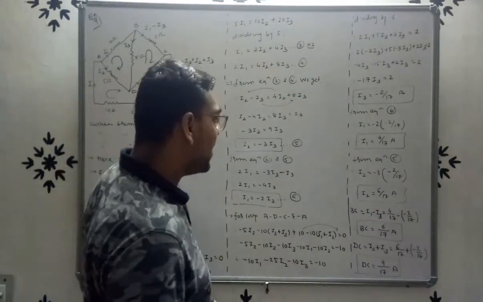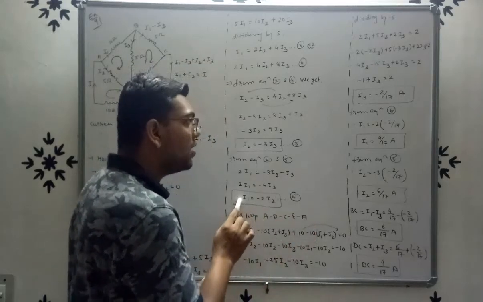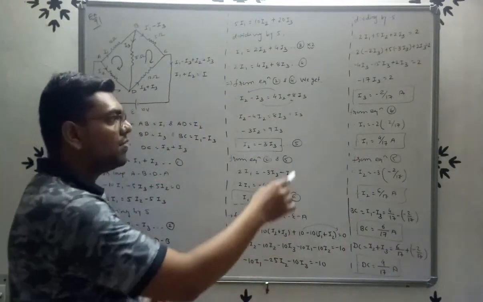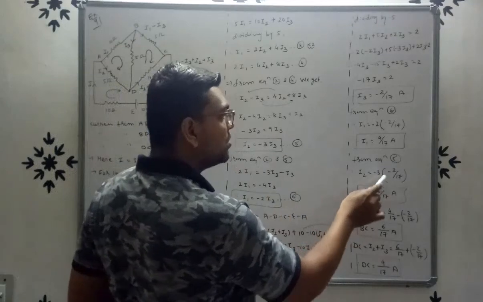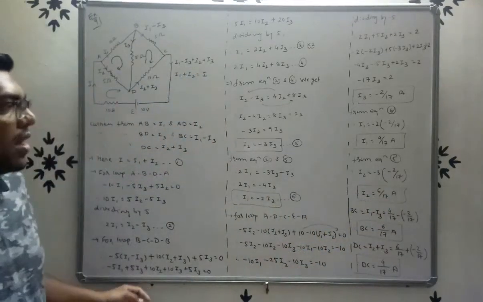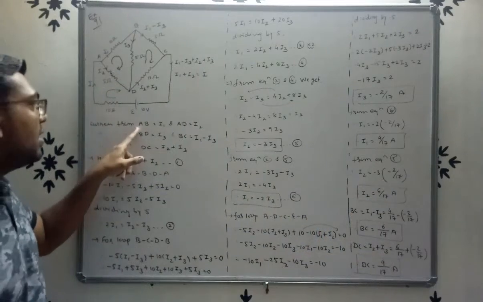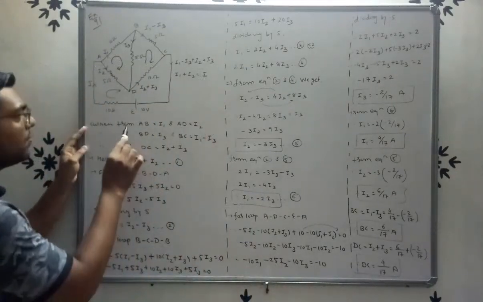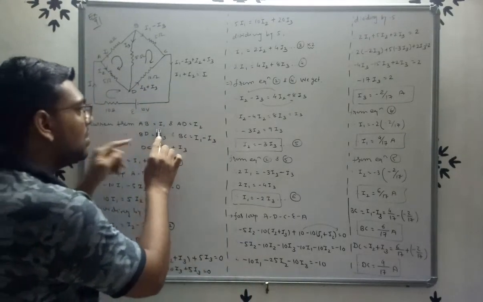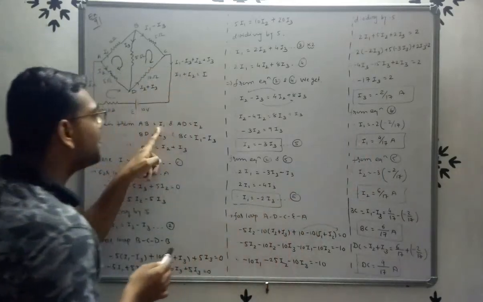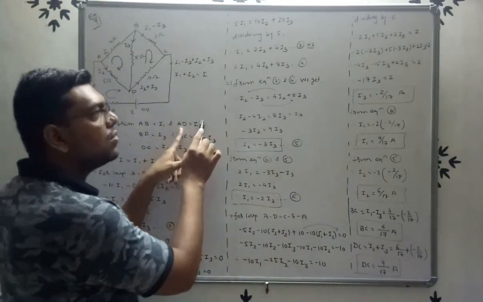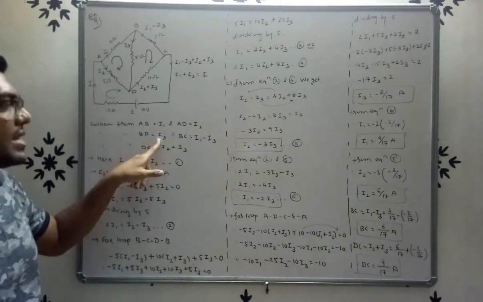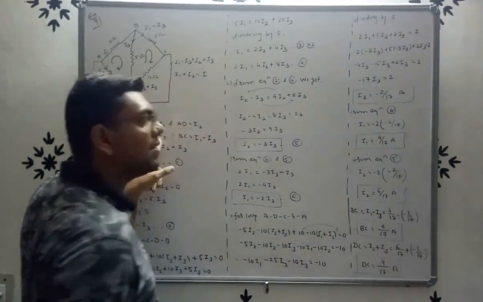Now we put this value of I3 into equation number 6. Then we get the value of I1, that is 4 by 17 ampere. Then we put the value of I3 into equation number 5. Then we get I2 is equals to 6 by 17 ampere, right? Now we have to find out the current flowing from each branch of the network. So current flowing from AB branch, that is I1. So we know that the value of I1 is 4 by 17. Current flowing from AD is I2, that is 6 by 17 ampere. Current flowing from BD, that is I3, so minus 2 by 17 ampere.